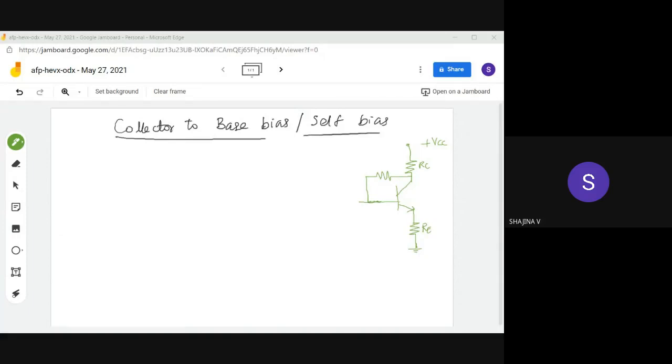Okay, so that is the main advantage of this circuit, that is we can improve the stability. Here we also use negative feedback through the resistor RE, emitter resistance, to improve the stability. And here circuit design is a little bit complicated, and our voltage gain reduces due to this emitter resistance. Those are the main drawbacks of this circuit.